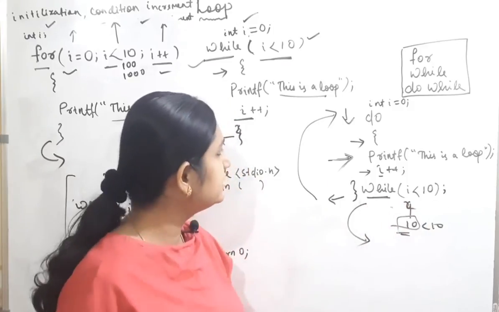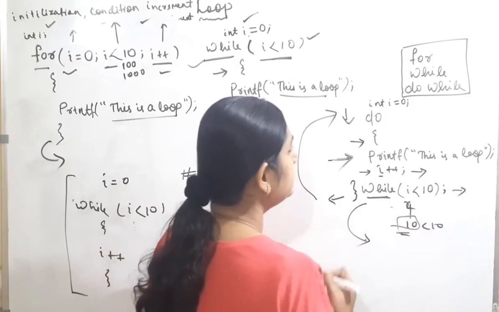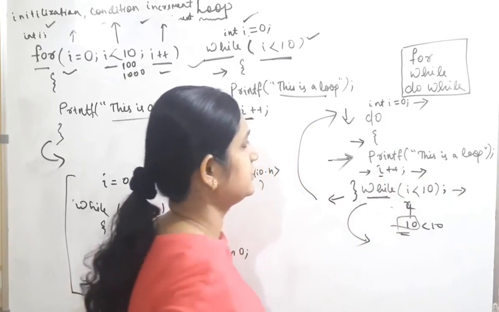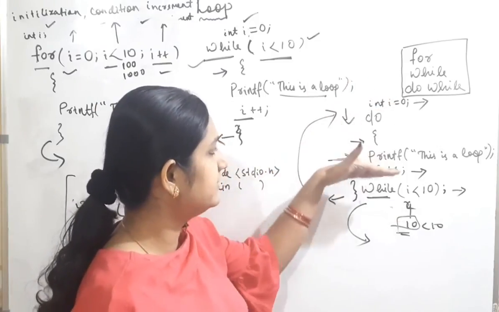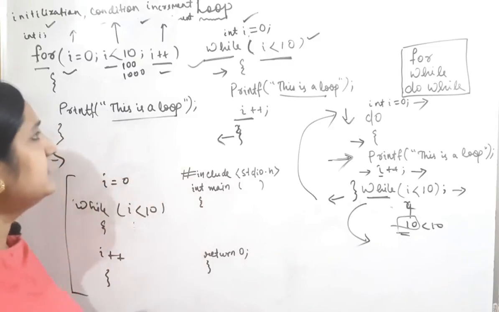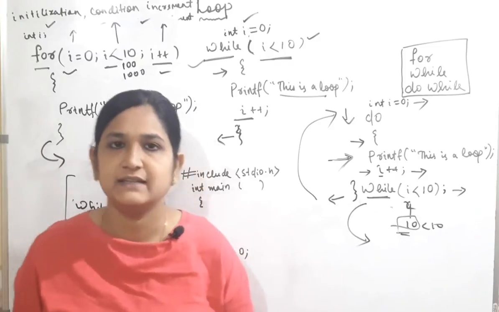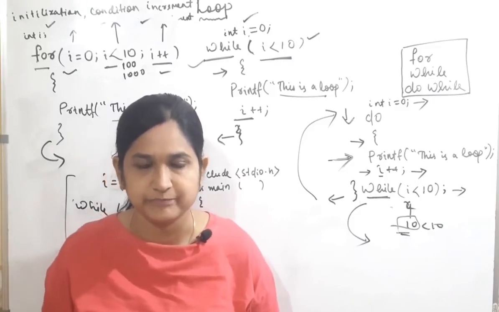Okay, and the difference is also that this is your condition part, this is your increment part, and this is your initialization part. These three things are not written in a single line. These three things are written in three different lines. Okay, so basically these are the three types of loop. Okay, and this is the syntax of the three types of loop. Okay, and suppose